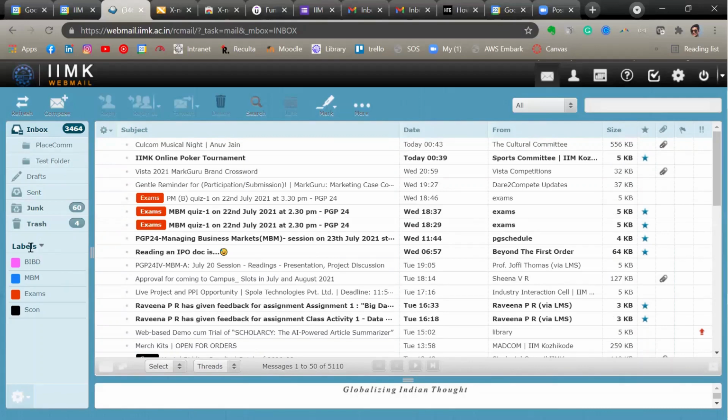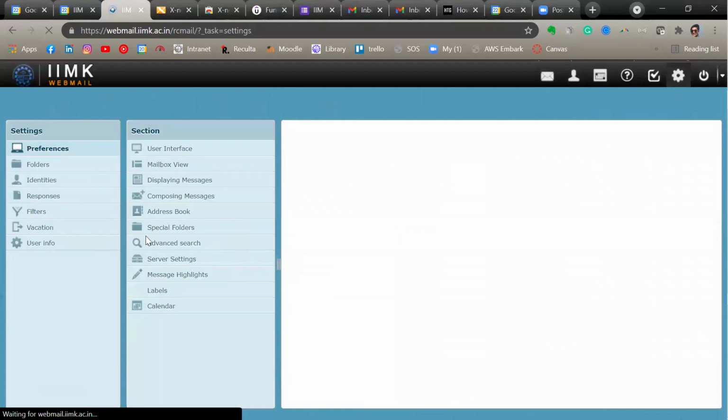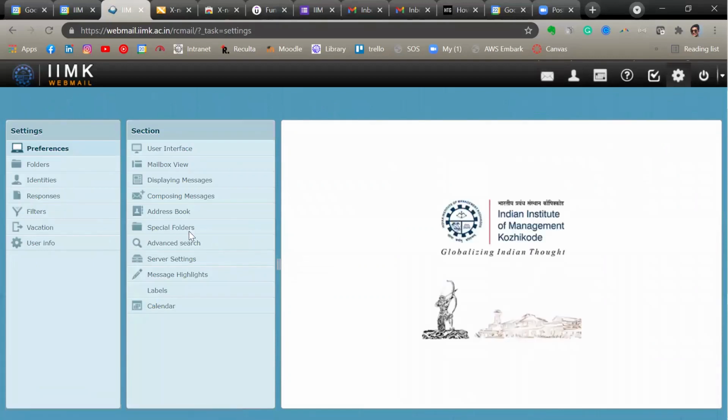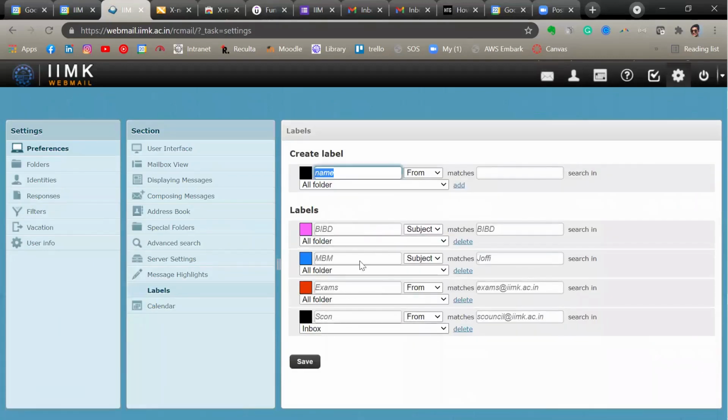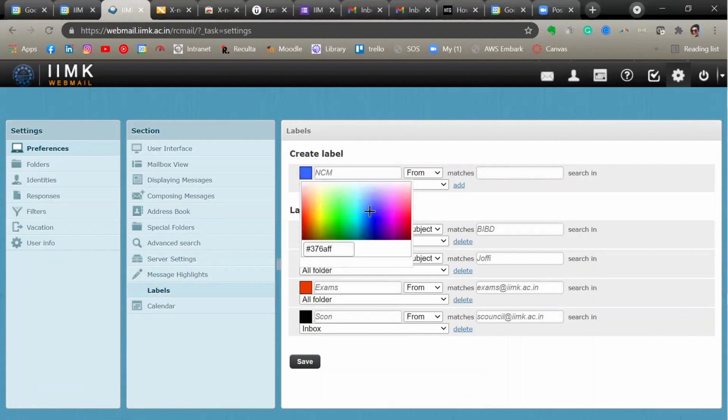Again, simple way, go to settings, go to labels, and here you can create as many labels as you want. So let's just try to create one label. I want to create a label for my subject NCM. There is one particular course in this trimester for me, which is NCM. Now I want to segregate NCM related emails.